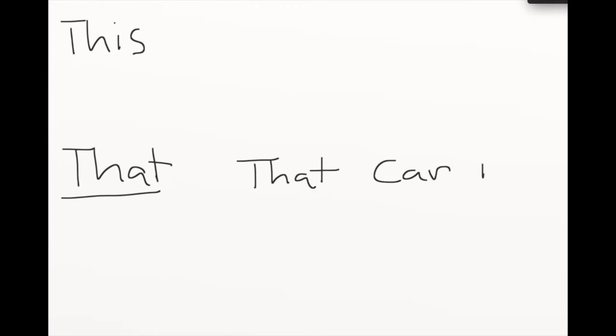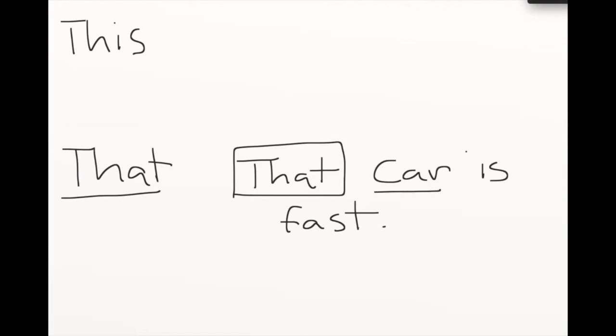Okay, we are going to try and use that now. When you use the word that, you are talking about something that is not as close. It's maybe a little farther away. And let's use an example of that. So, that car is fast. Okay, so we use that as a pronoun, and I'm talking about a car,